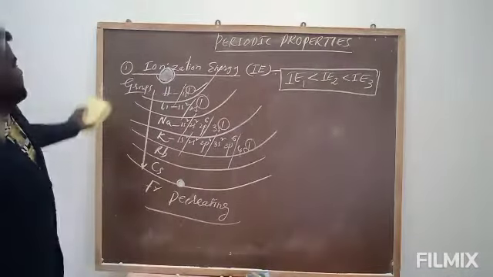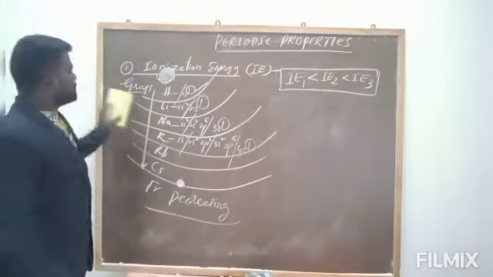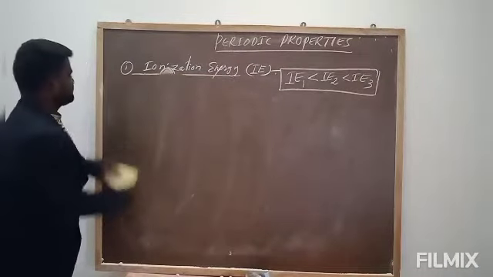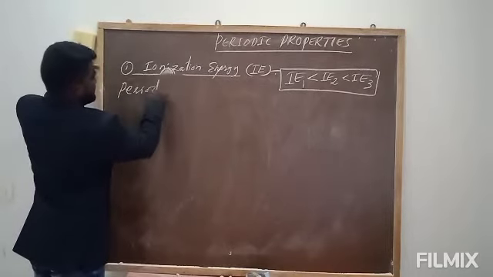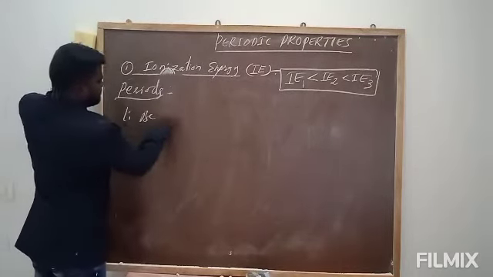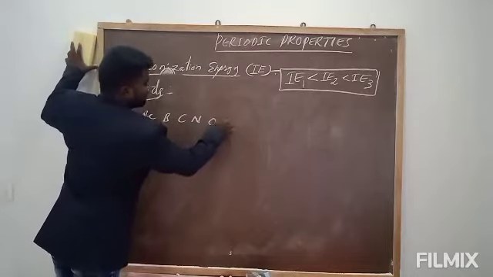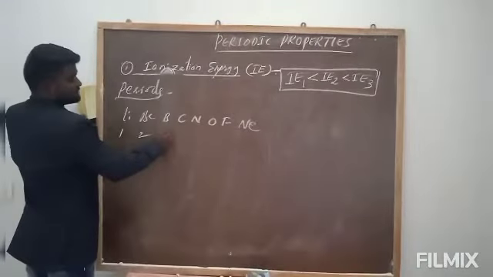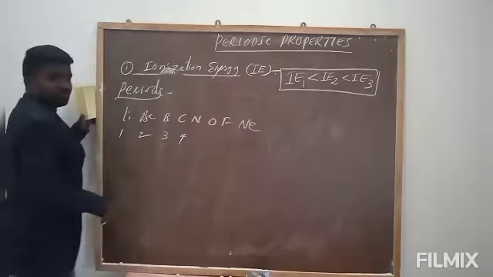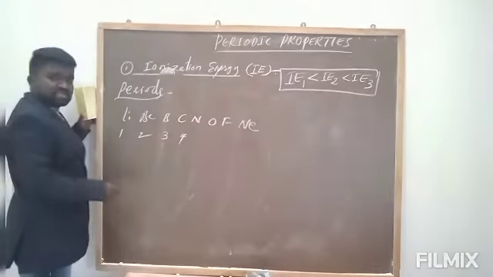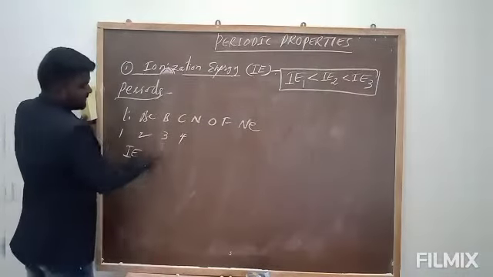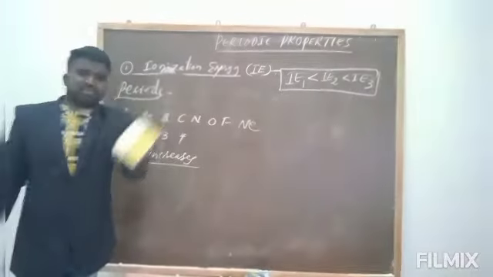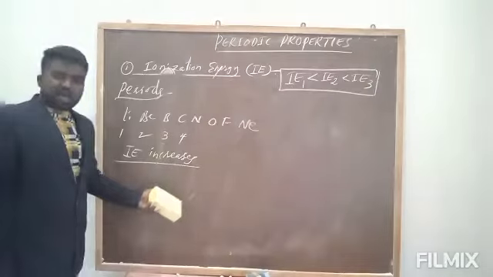Next, in period. That was the information regarding the group. Now periods. I am taking lithium, beryllium, boron, second period, carbon, nitrogen, oxygen, fluorine, neon. Here, lithium loses 1 electron, beryllium loses 2 electrons, boron loses 3 electrons, carbon 4. So the number of electrons is increasing, so ionization energy increases. Simply we can understand by seeing the previous topics. So, this is about ionization energy.